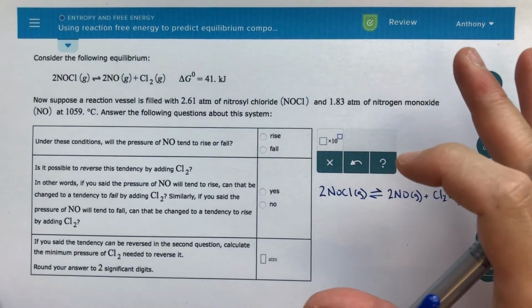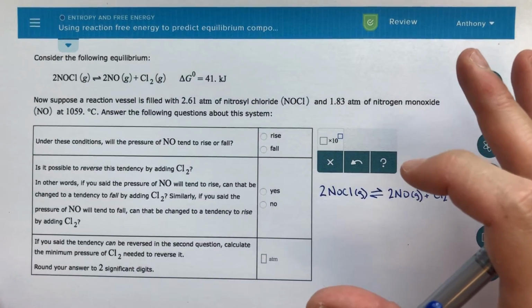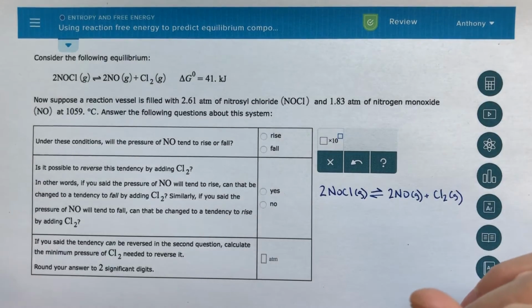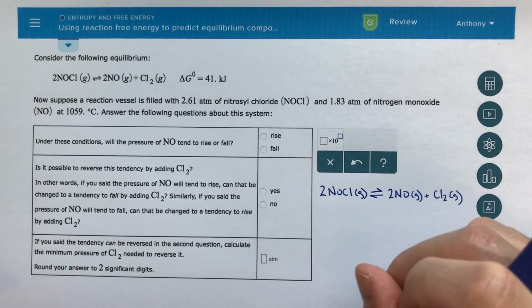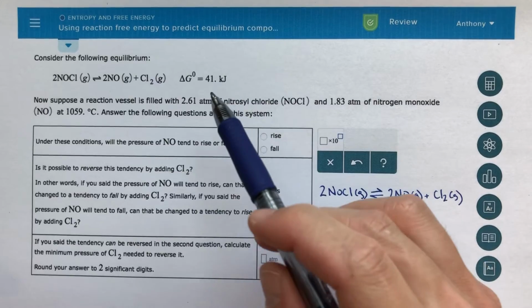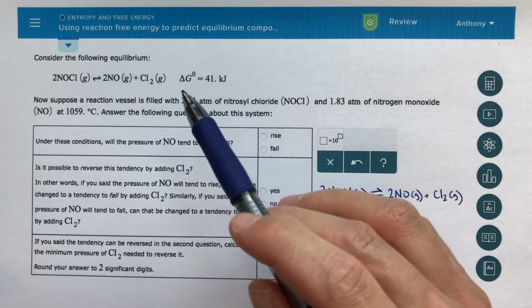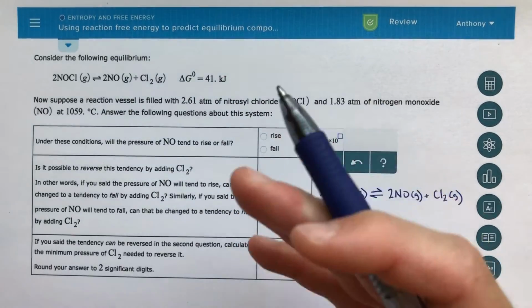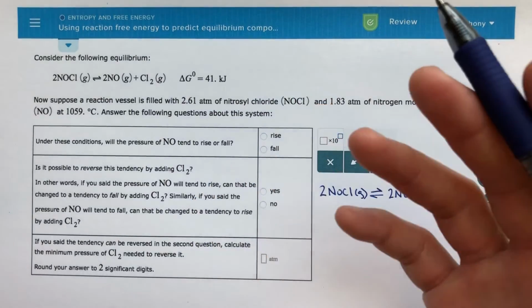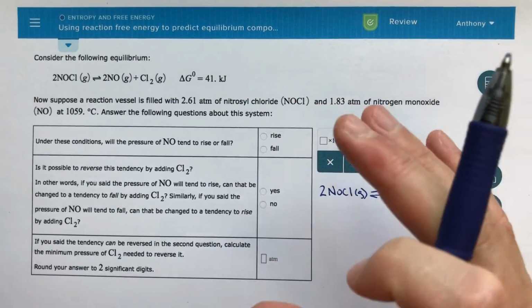So this is a great topic. It's definitely very challenging. The title is Using Reaction-Free Energy to Predict Equilibrium Composition. So we're going to basically be using this delta G information, this reaction-free energy, to figure out some information about the equilibrium. So the first thing when I was looking at this topic, the first thing that really jumped out at me